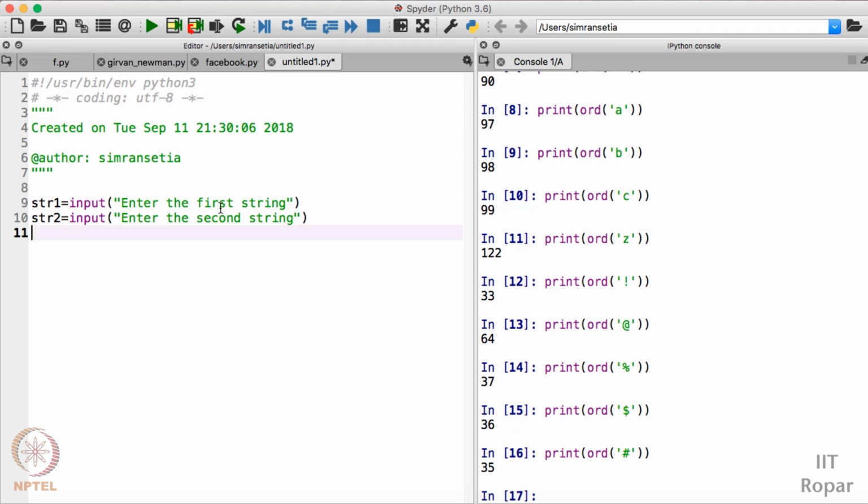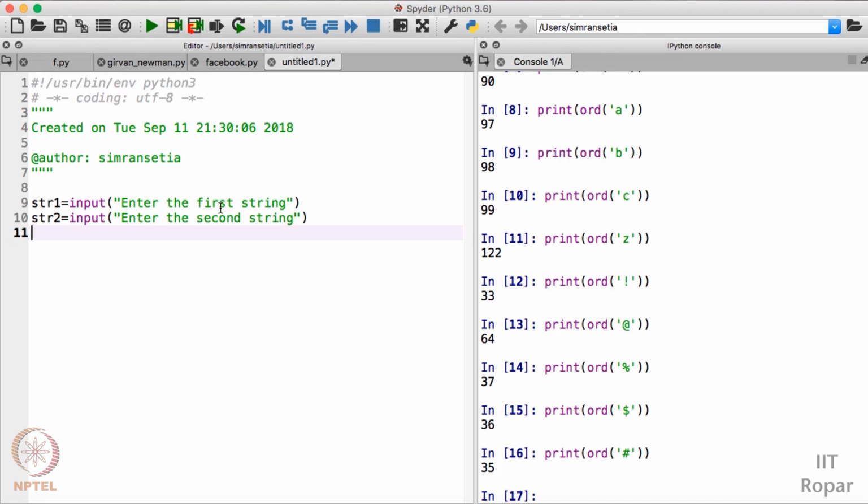So let us think about it. If we have to use the ASCII values, how can we use it? The sum of ASCII values of characters present in the anagrams should be the same. Please think about it. The sum of the ASCII values of characters present in anagrams should be the same because both the strings have the same set of characters. If two strings are anagrams, then they should have the same set of characters. For example, I showed you one example, tar and rat.